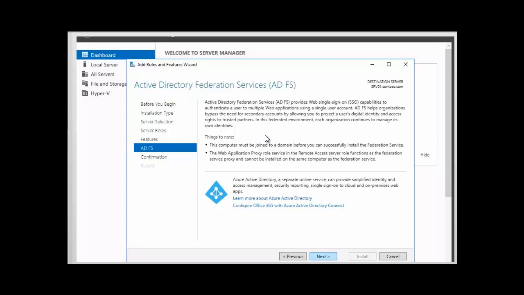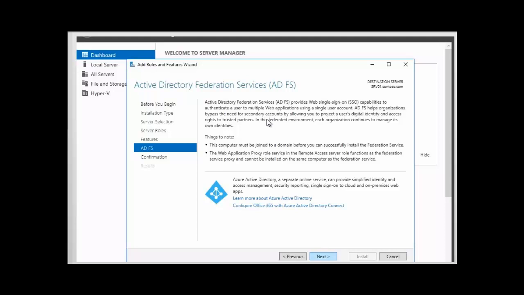Again, we take a second look at the description that we have here on the Add Roles and Features Wizard page. Remembering that we're using Active Directory Federation Services because we want to have a single sign-on between two organizations, so that if one user wants to access resources in a partner organization, the user only uses one single sign-on,